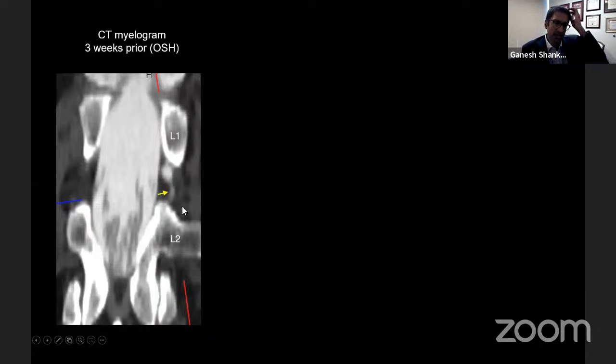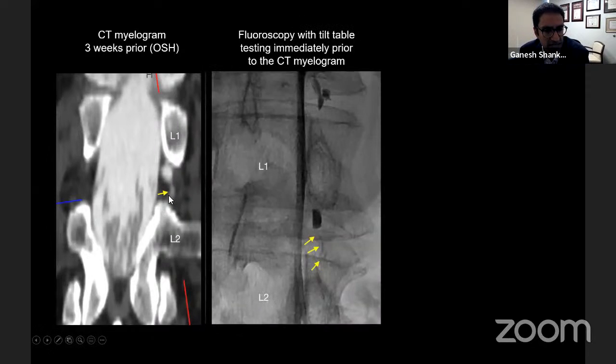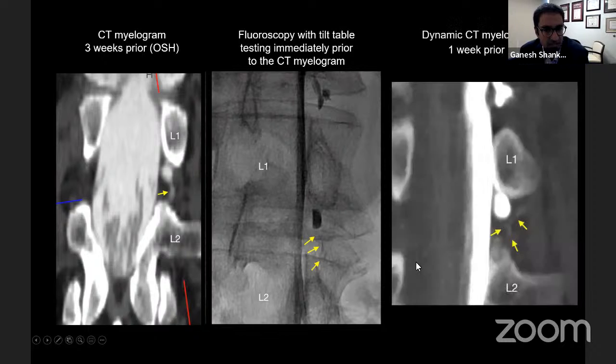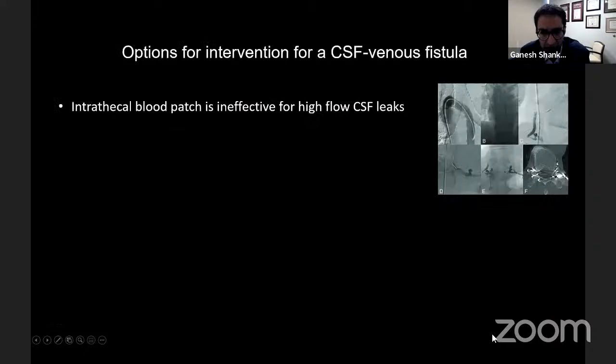And what was noted is that he had egress of contrast from the axilla of the L1 nerve root through the venous plexus that was then confirmed on a digital subtraction myelogram, a very faint wisp. And you can see why this requires very close collaboration with radiology to protocol these appropriately. And this could be confirmed on an appropriately positioned decubitus CT myelogram as well.